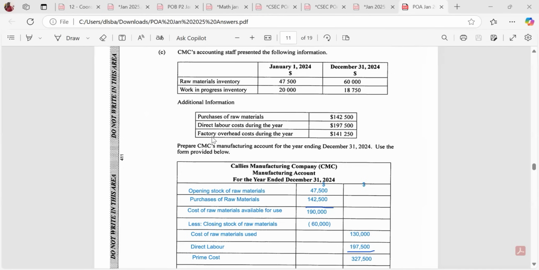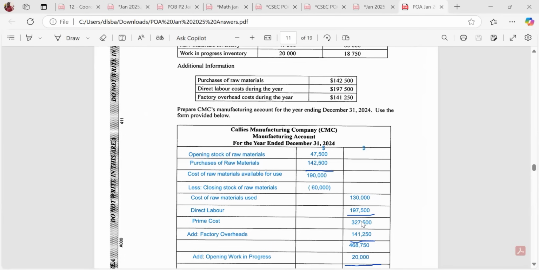You didn't have to guess your factory overheads because they told you the factory overheads. So all you had to do was calculate the cost of raw materials used, which is the opening stock of raw materials plus the purchases of raw materials minus the closing stock of raw materials. That'll give you the cost of raw materials used. Add the direct labor, which they gave you. That will give you the total prime cost. Then they told you all of your factory overheads was 141,250. So you add your factory overheads to your prime cost to get this